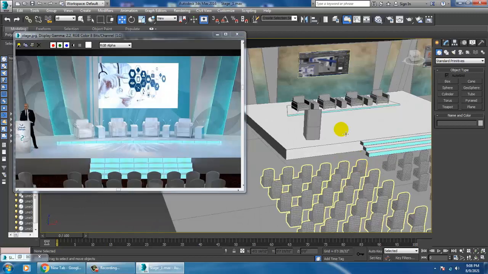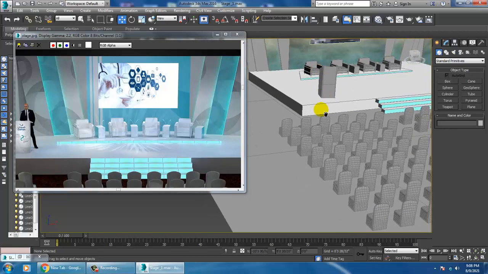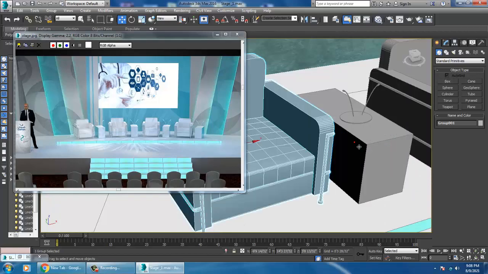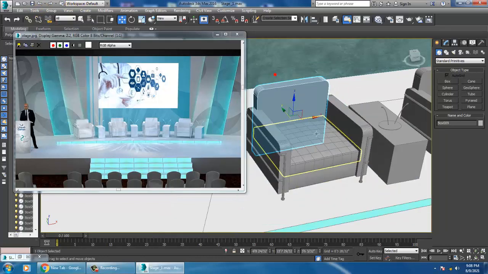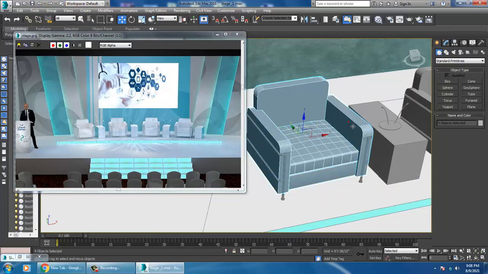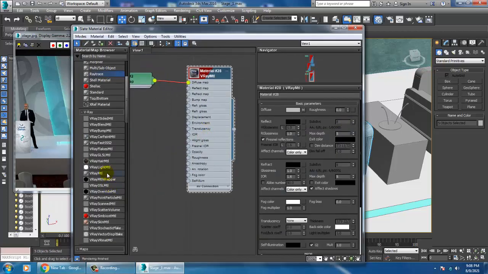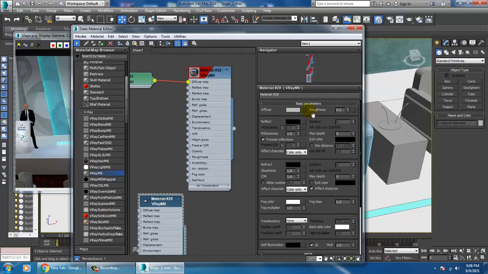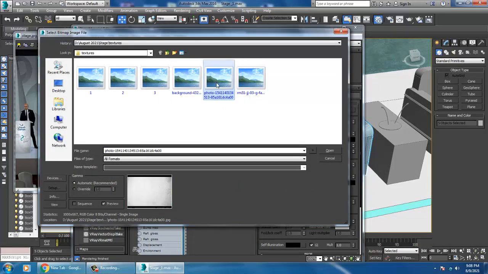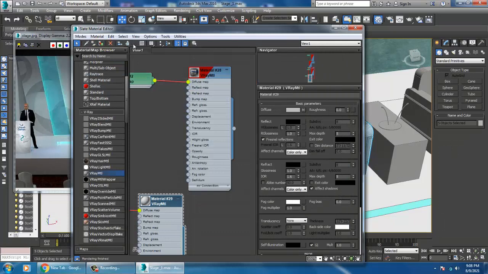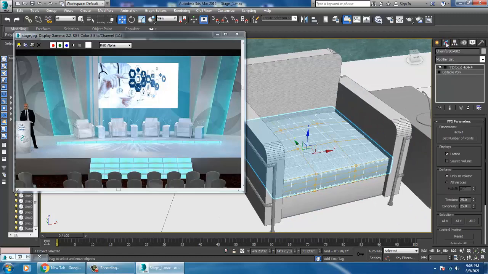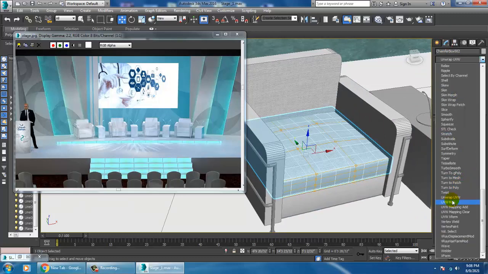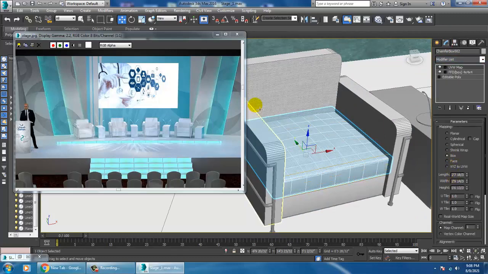After that, we'll be assigning some fabric texture over here. So I'll just ungroup this part. Let's go into material, take a V-Ray material, diffuse bitmap, and I have a fabric material over here. You can give a UVW map, set it as a box.